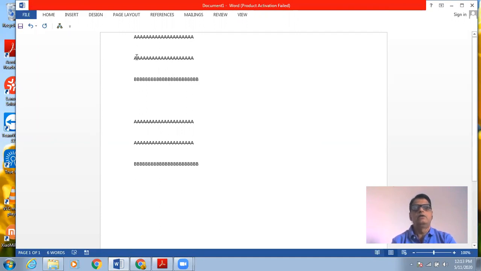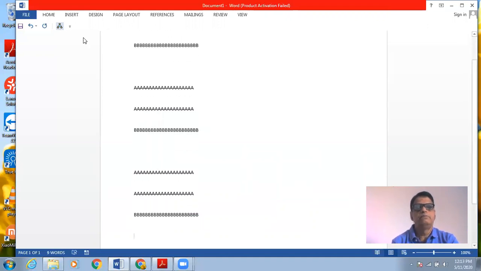So while recording, I know that I need to press several keys, but now since I'm repeating the action, I need not press the keys again and again. So what I need to do is simply click on this Macro1 button, which is available in the quick access toolbar. And if I press it, then you will find that the same set of actions will be performed again in one click only.